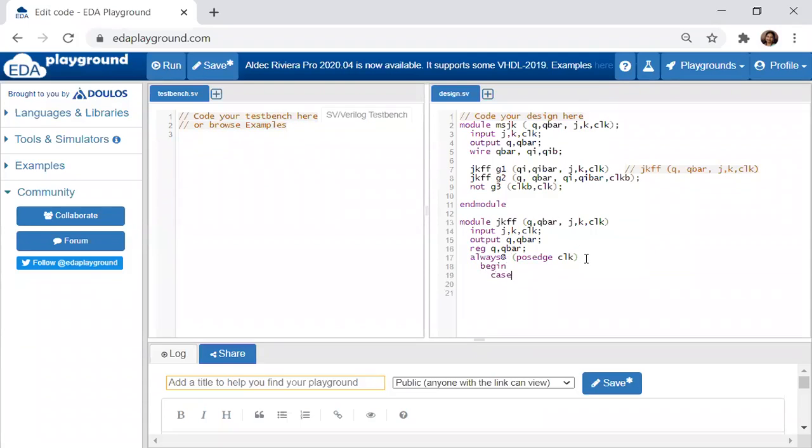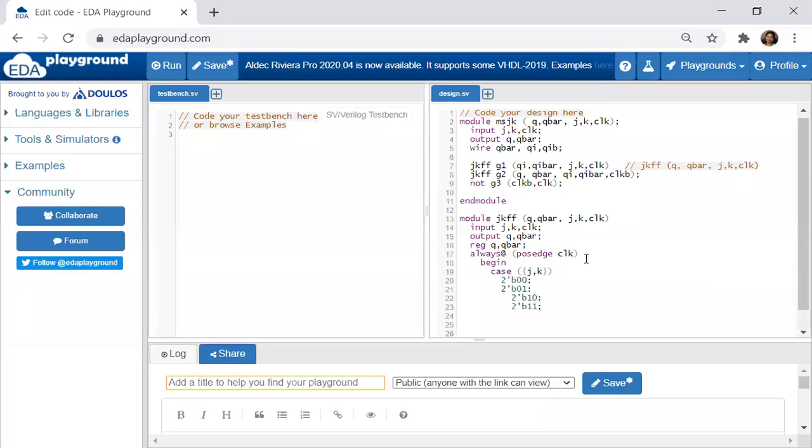I can give case J comma K, which means I'm concatenating both bits, and I write 2'b00, next 2'b01. According to the truth table, JK has 2 bits, so 2'b10, 2'b11, and the last one should be default, as we already know.